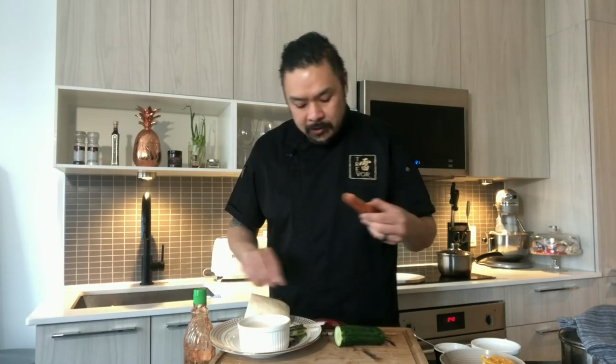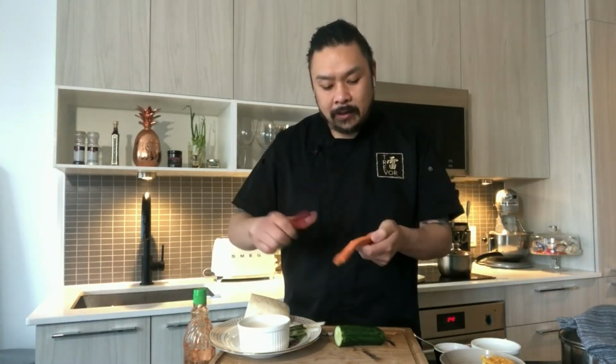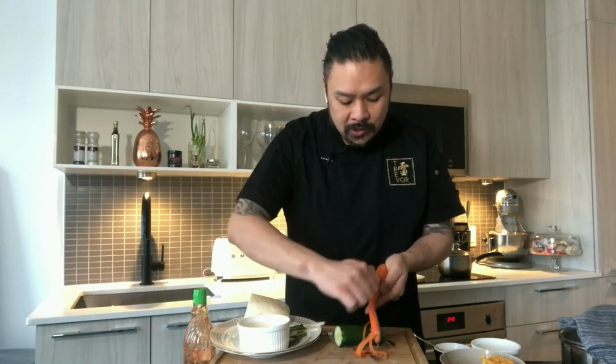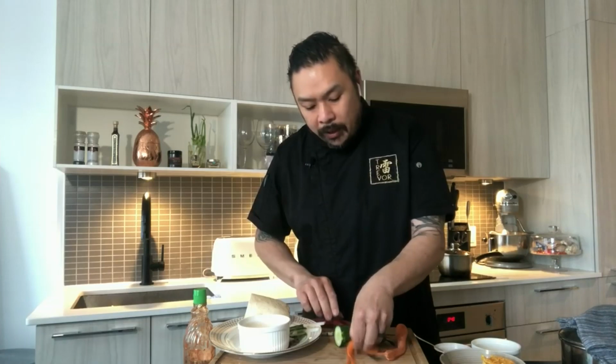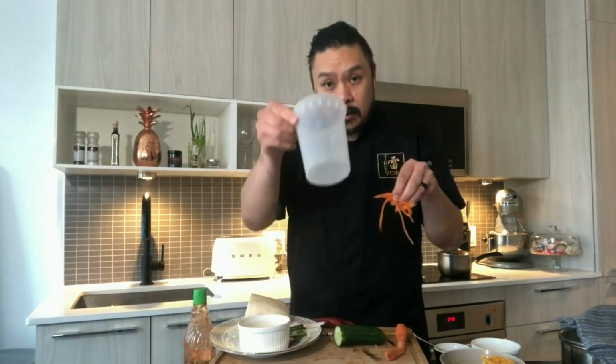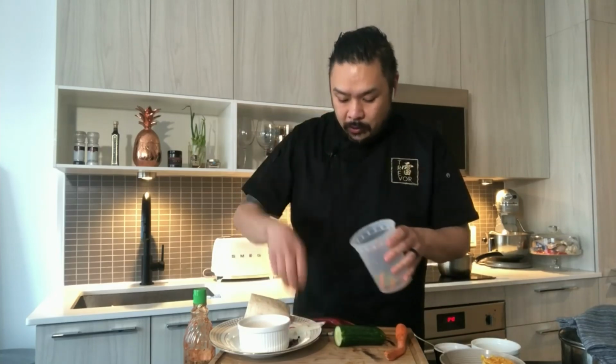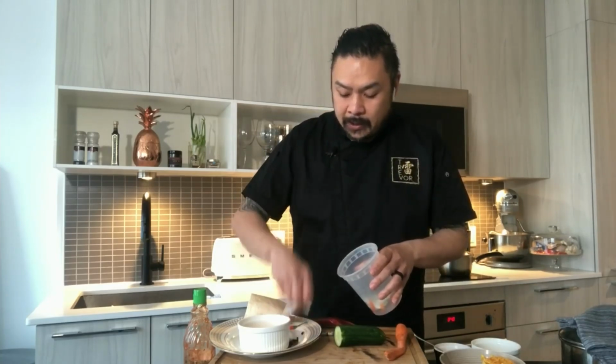And then for the carrots, to make it easier, because if I'm going to do a slaw or pickle, rather than taking time cutting them, I take a peeler and I'm just going to peel just like this. And this will go right into the pickling liquid. So we'll take a little liter container like this. We'll put our carrots in. You put your cucumbers and your daikon, and then